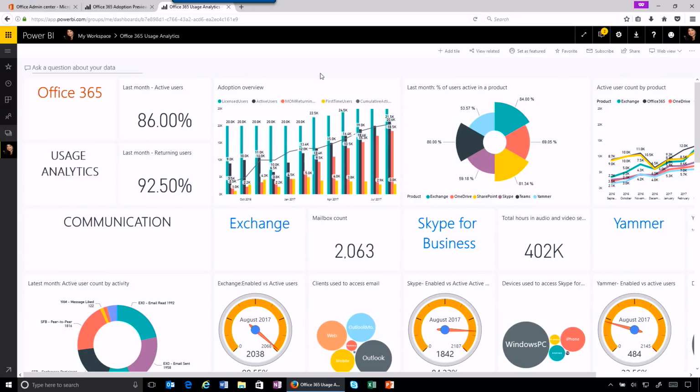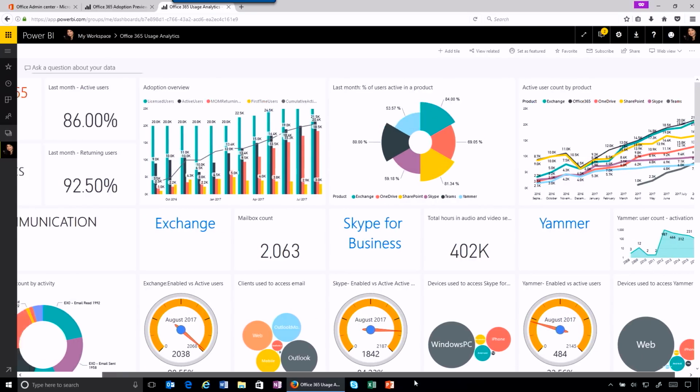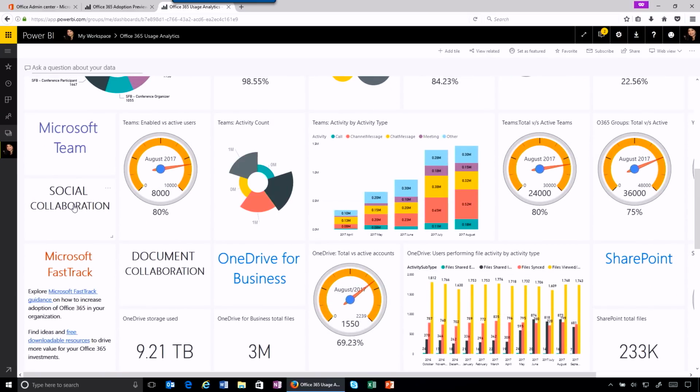And we will bring in all the usage data about Microsoft Teams, about Office 365 groups, and also Yammer groups. Show us. I will. So what you're seeing here is a first view of the new dashboard that, of course, for all the cross-product views will include data around Microsoft Teams. We're also adding new reports to the dashboard, and we're adding an entire new section on social collaboration that will help you understand how your people use Microsoft 365 for teamwork, and especially how they leverage Microsoft Teams to do